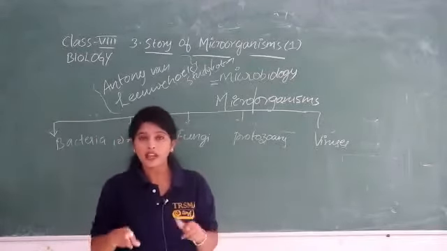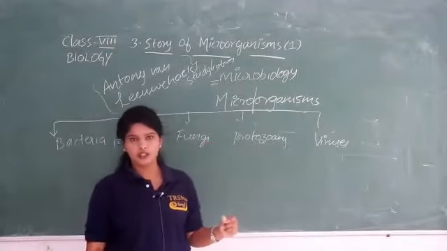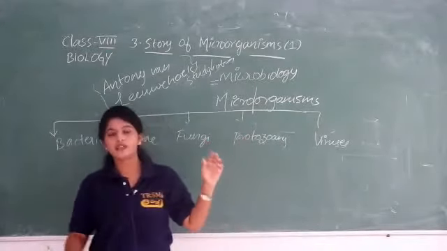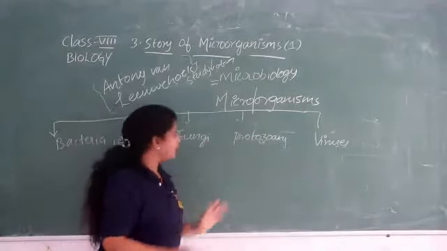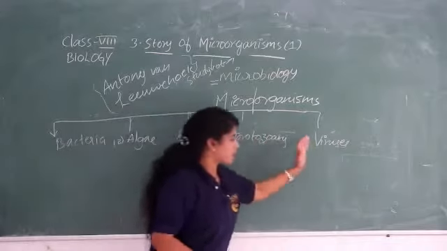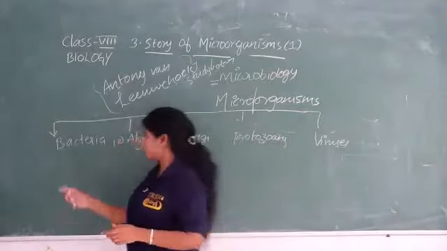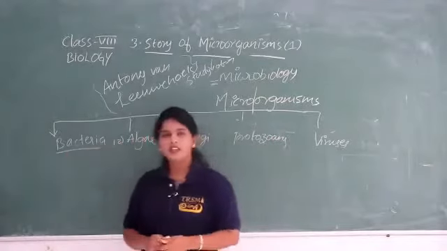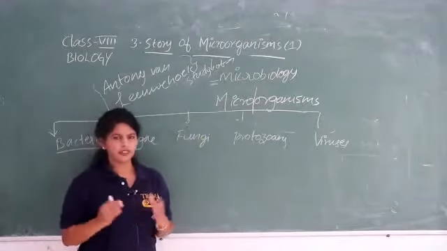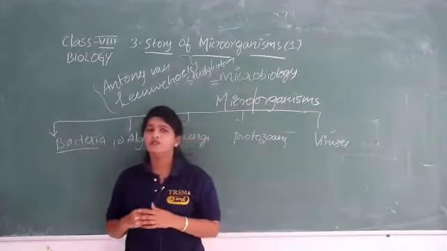So likewise, here are the smallest, microscopic units also, these microorganisms. They are broadly divided into bacteria, algae, fungi, protozoans, and viruses. I'll give you the live and the most common examples for this. Take for example this bacteria, right? What are bacteria? Bacteria are one kind of microorganism, right?